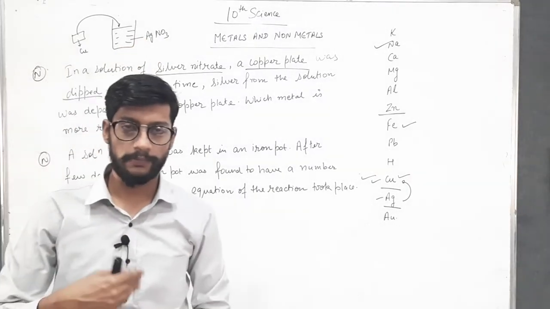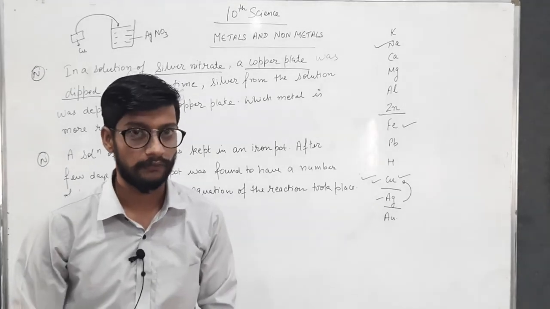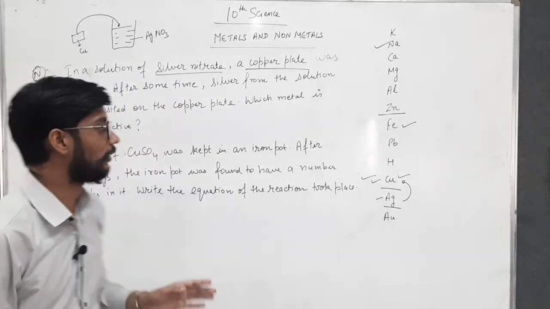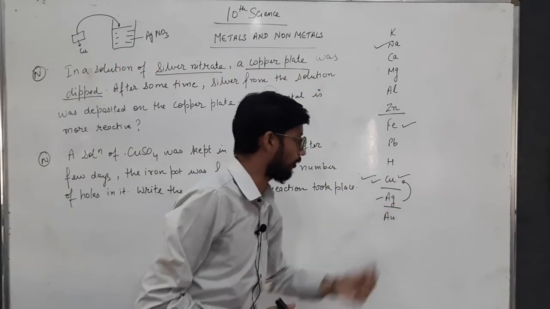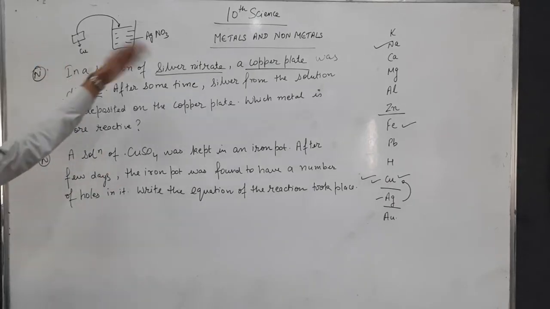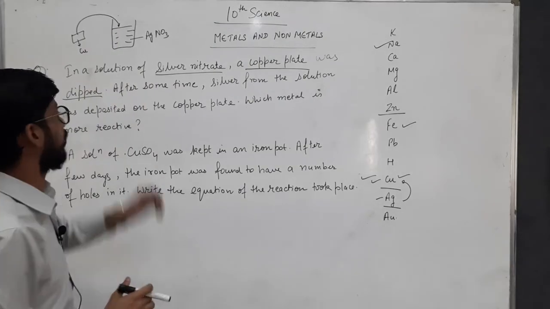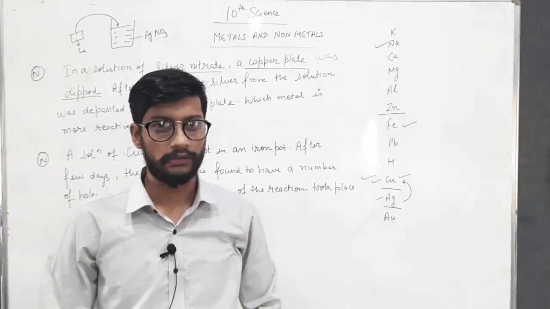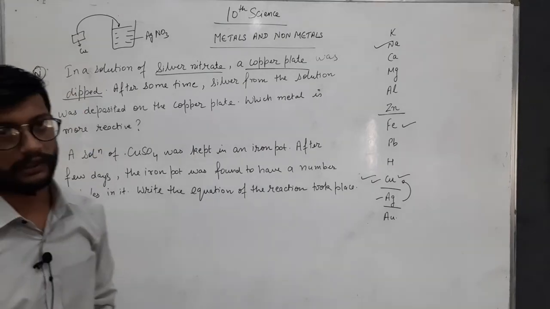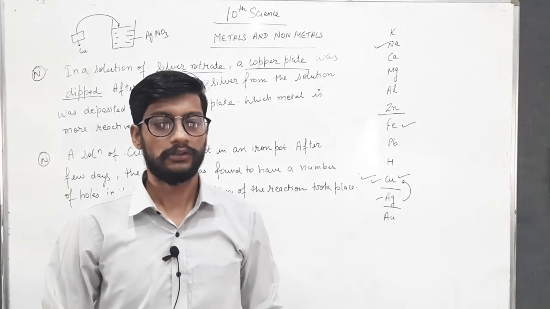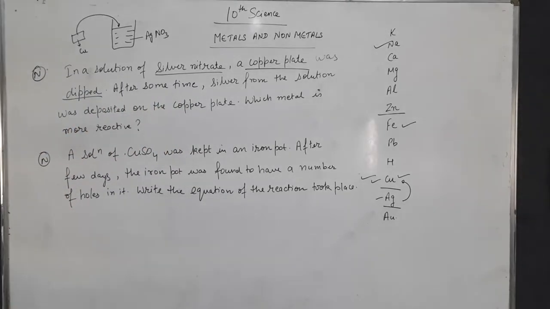That is why the silver is depositing from here onto the copper plate. So since silver is depositing on the copper plate, it means somebody is displacing the silver from its solution. And who is that? Copper. As you can see from here also, copper is more reactive than silver. So this copper will displace silver from its solution and this silver will get deposited on the copper plate. So this is all about which metal is more reactive. Silver is less reactive whereas copper is more reactive. So in this case a displacement reaction is taking place. See the next numerical.